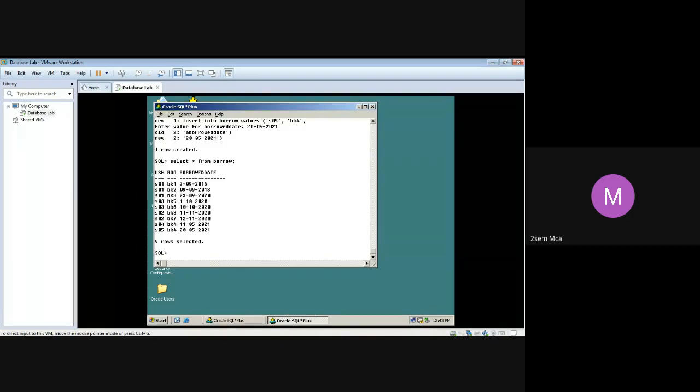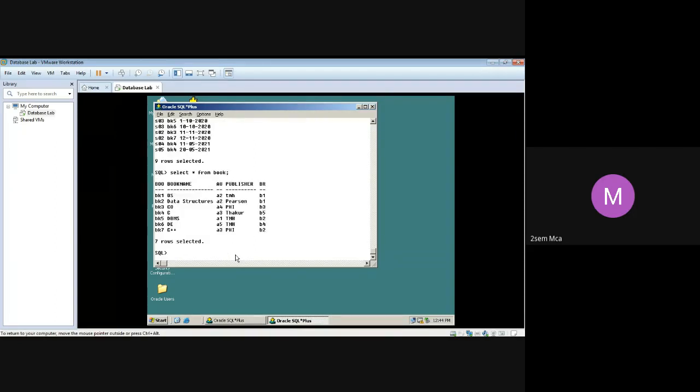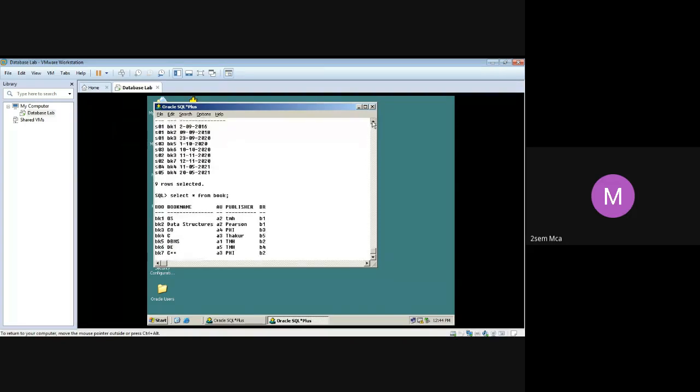And select star of book. Okay. Yeah, that's fine, I think.